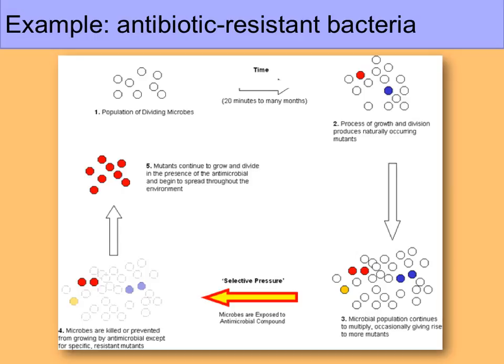So you end up here, you actually see red and blue mutations, and that keeps occurring, and the microbial population continues to multiply, occasionally giving rise to more mutants, right? Well, if you change the selective environment for antibiotics, in other words, you give someone an antibiotic, it will kill bacteria. Antibiotics do not kill viruses or anything else. It's just bacteria. What will happen is